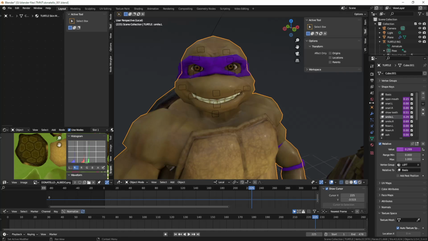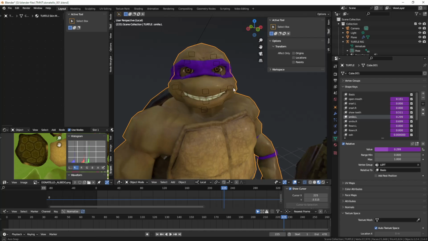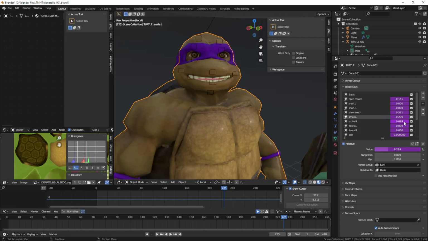I've got a few different shape keys, and you see they've all got purple on them, which is appropriate for Donatello, but it's purple for anything. Anyways, they've got different numbers here, and that means they're being driven. Now you can take one, for example, the ooh. Let me remove that driver off of ooh so I can just show you. Ooh, ooh, ooh. It looks really weird now because it's the low polygon version, and I don't have the